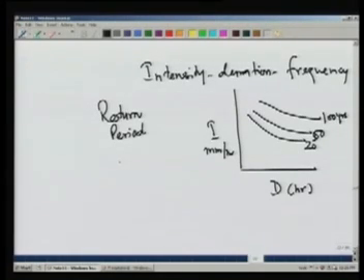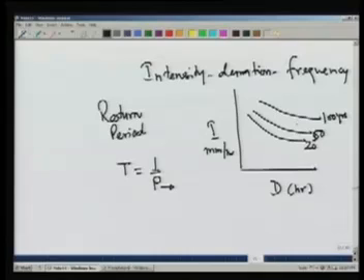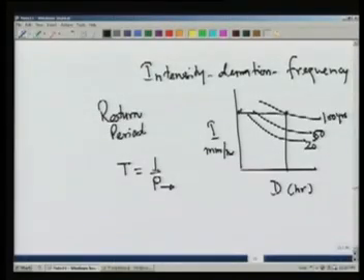So we can write the time period as 1 over the probability of occurrence of a rainfall. And when we discuss the intensity, duration, frequency curve, they will help us in designing a project or some structure against a given probability of occurrence. So if we want to design something which is to be very safe, we may go in for a 100-year precipitation, and based on that 100-year precipitation, we can find out what will be the depth of precipitation, and those curves we can prepare